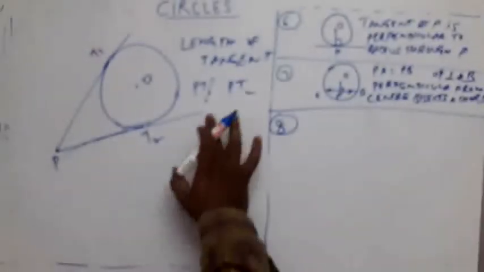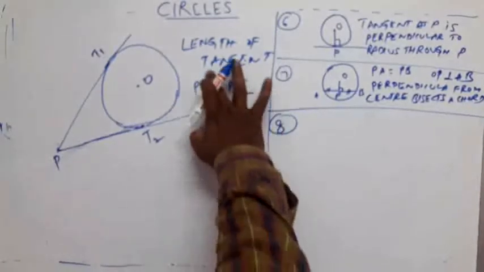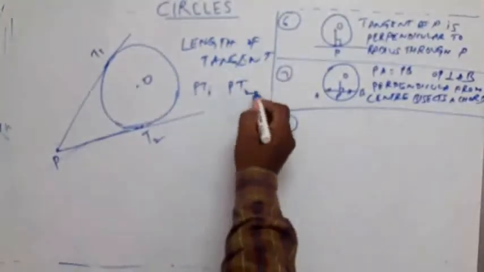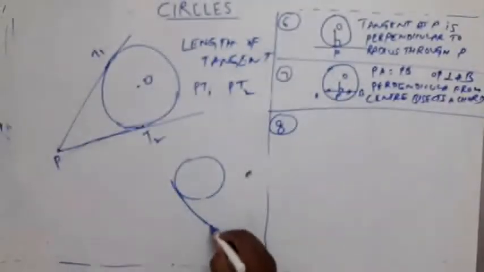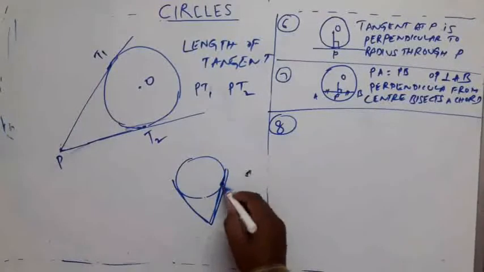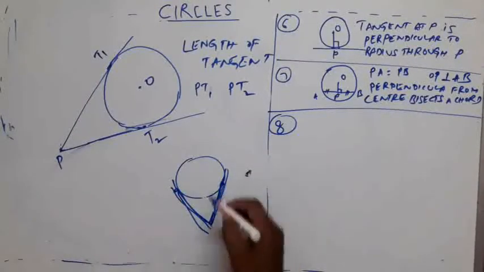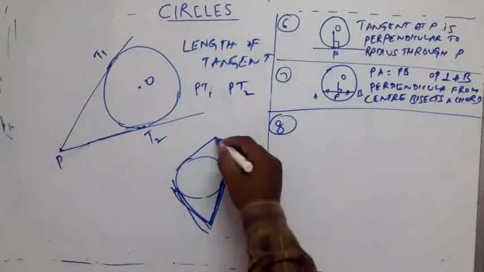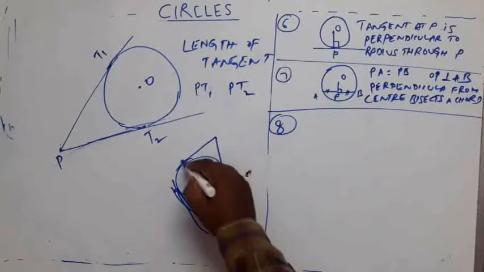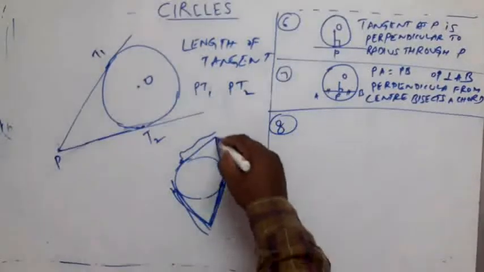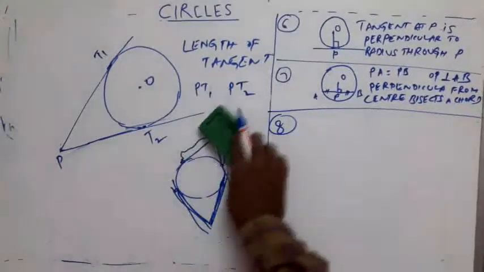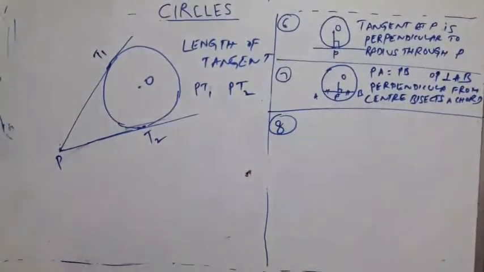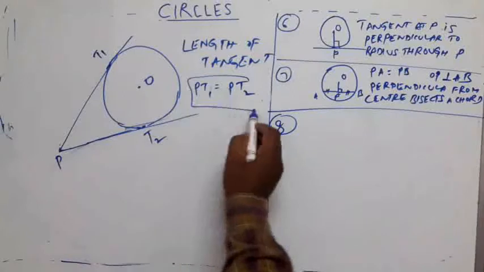Can we find any relation between the magnitudes of these two? Do you observe anything? Let us say this is a circle. I have drawn two tangents. Do you find any relation between the lengths of these two? Yes, in this case and also in this case. Let us say I have drawn two tangents like this. Yes, this distance, this distance. Yes, what you have guessed is correct. They are equal. Lengths of tangents are equal.